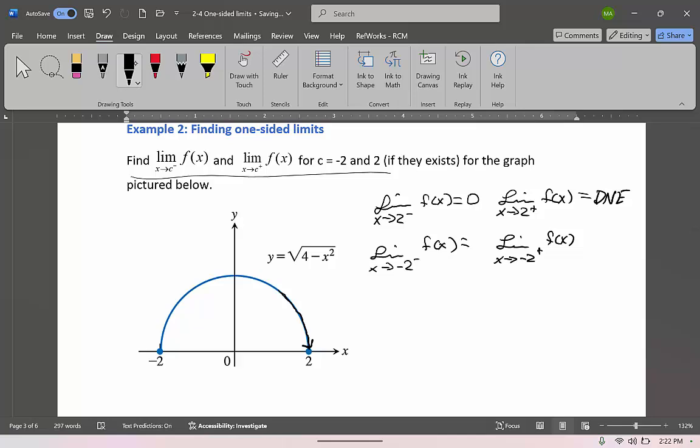If we approach negative 2 from the left, we can see again that there's nothing to the left of negative 2 in the domain of our function, so this one does not exist. And then finally, if we're approaching negative 2 from the right, we're approaching from this direction, and therefore the y values are approaching 0 again. Those again are just the one-sided limits